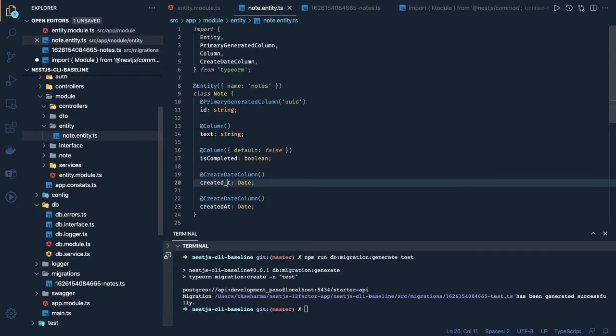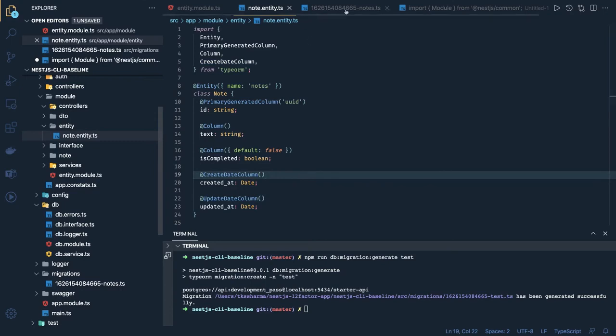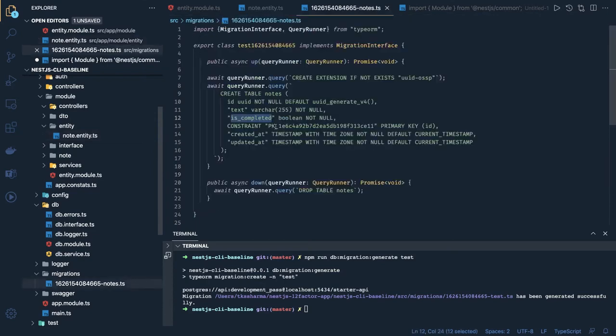And updated at. So these are the two additional columns we have. This is our entity representation, and for the same this is the migration. So if I want to execute this migration successfully, what I will do is I will check I don't have